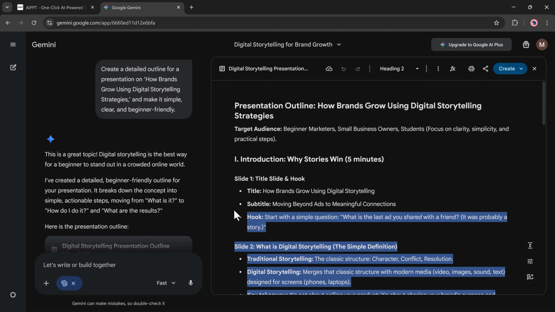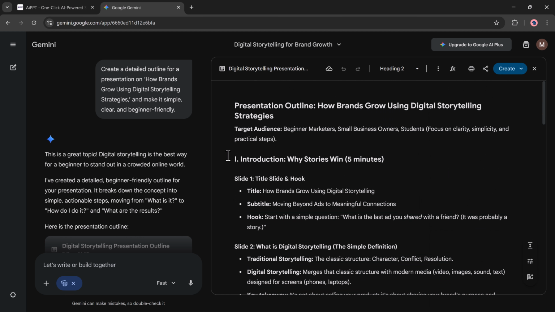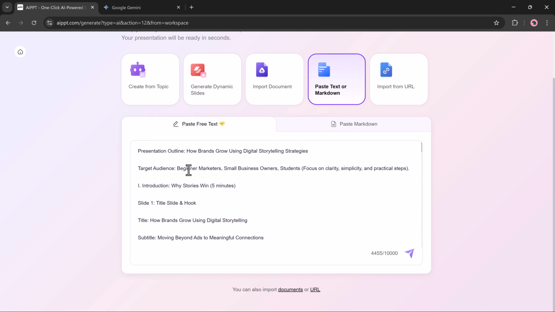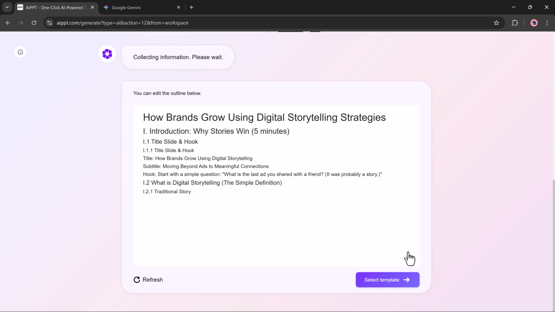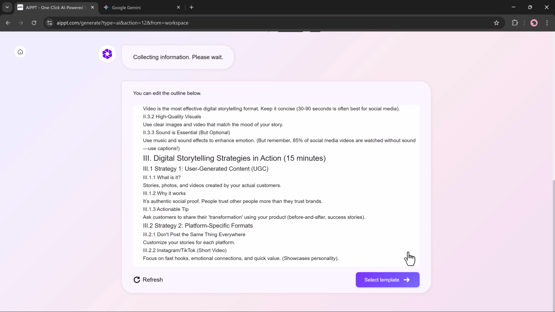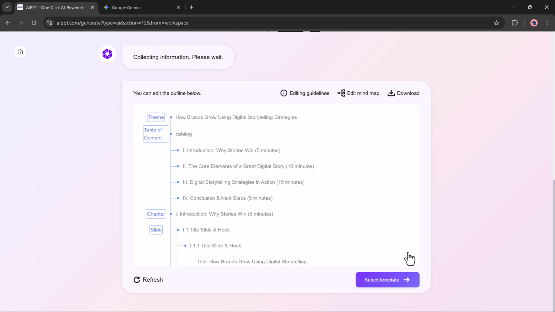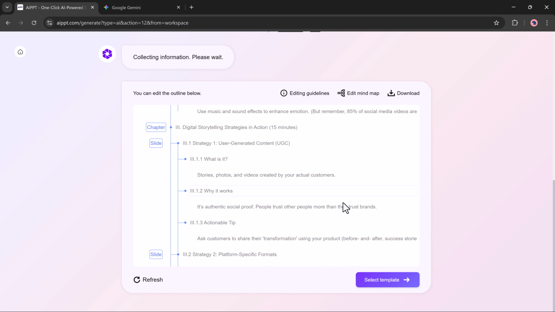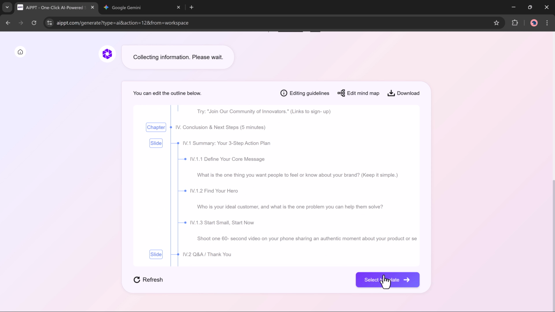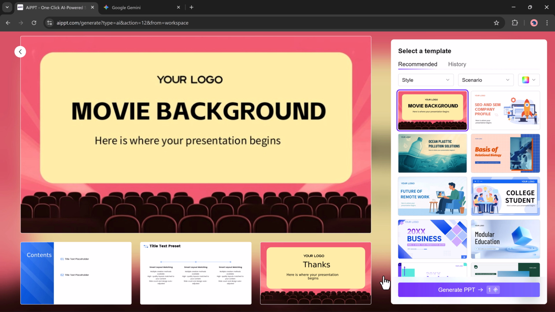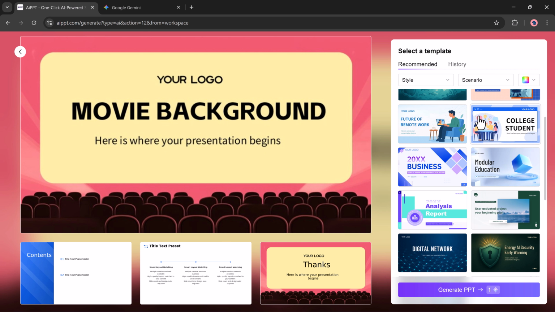Once the outline was generated, I copied it, pasted it into AiPPT, and clicked Generate. AiPPT immediately shaped the text into a clean outline. You can switch to a mind map view to visualize the structure better, move sections around, and download the mind map if needed. After finalizing the outline, I clicked Select Template, and AiPPT displayed a range of beautiful templates: